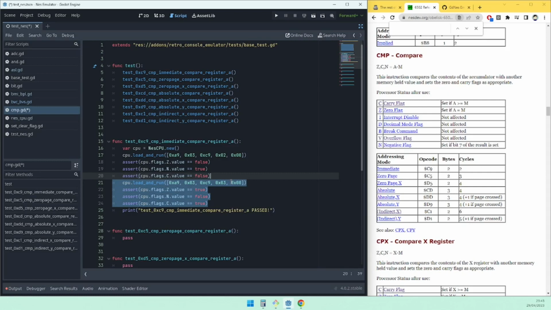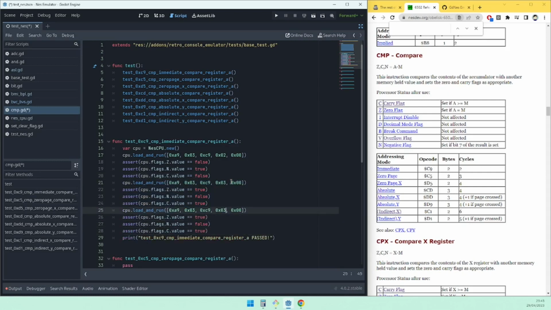And now one more test where the second value is higher than the first value. So 0 is false because they are not equal. Carry flag is set if the accumulator is bigger, so this is false, and this will be the opposite. It will be negative because it's accumulator minus memory